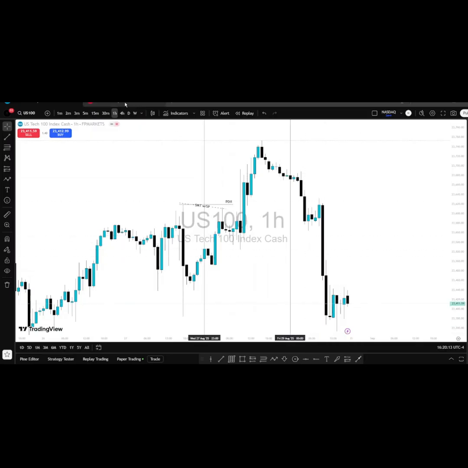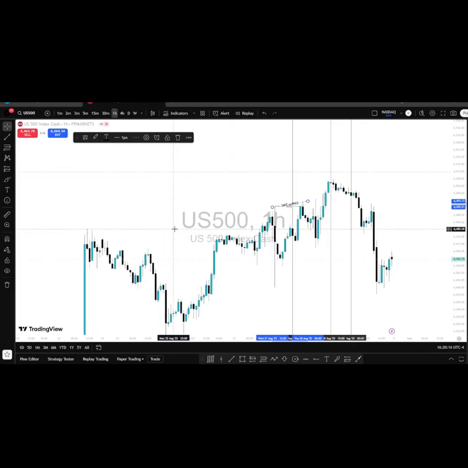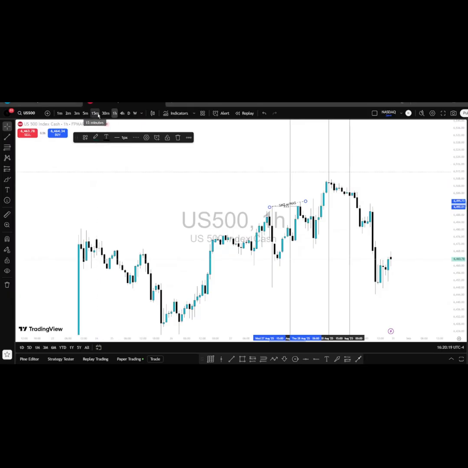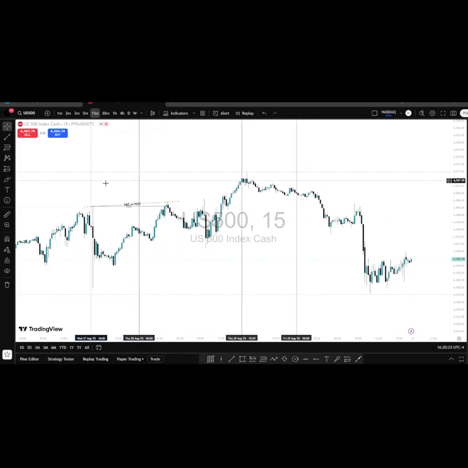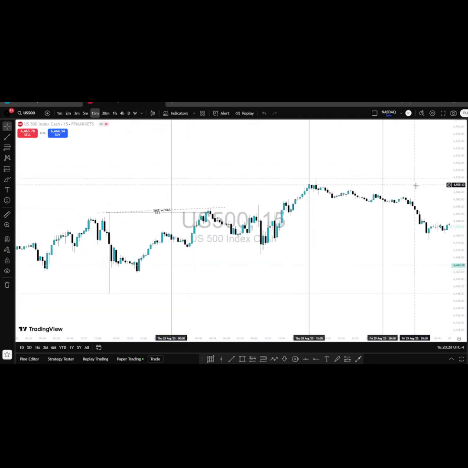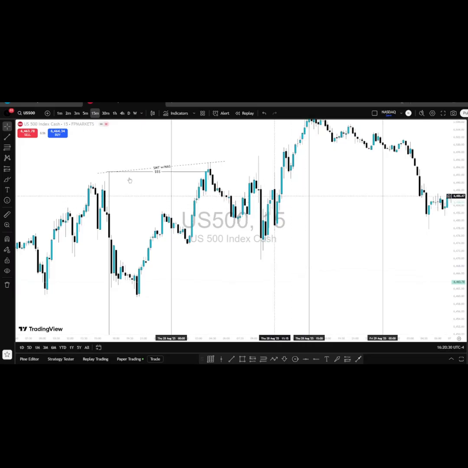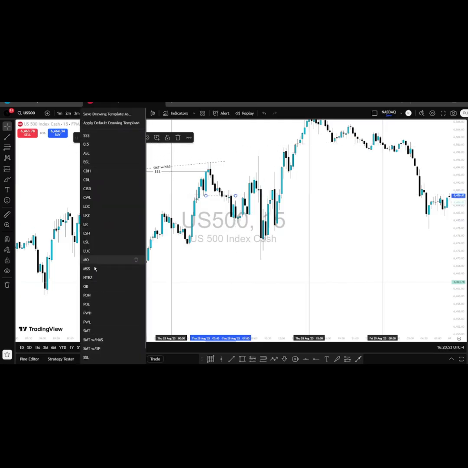Okay, so once I had those marked on my 1-hour level, I went down to lower time frames to now look for an entry. Okay, and I went down to the 15-minute time frame. So on the 15-minute time frame, I'm looking to label the order block, okay, or the last up close candle that took that buy side liquidity. Okay, so which set of candles did that? These two candles. Okay, so I marked that as my order block.